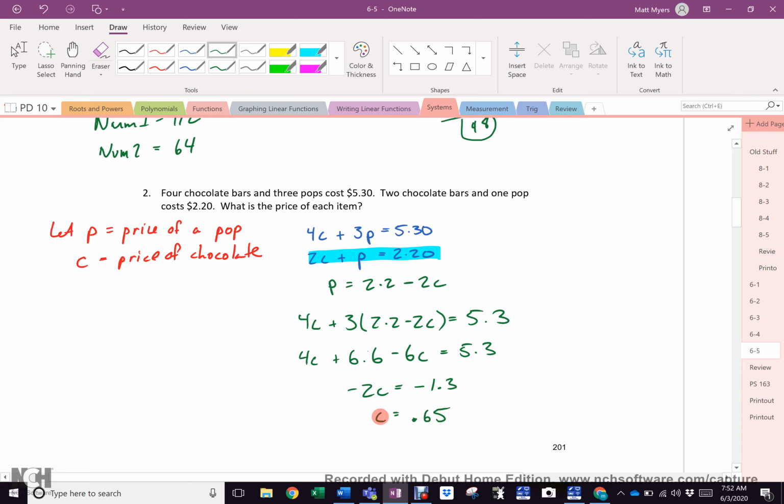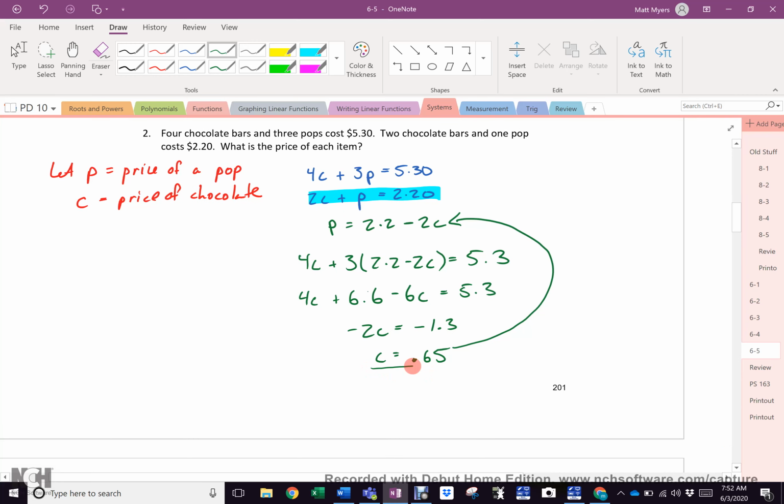If C is 0.65, then I can solve these. I can put that C right there, because that will tell me P equals 2.2 minus 2C. So there's my first answer, and I can come right up here, price of chocolate